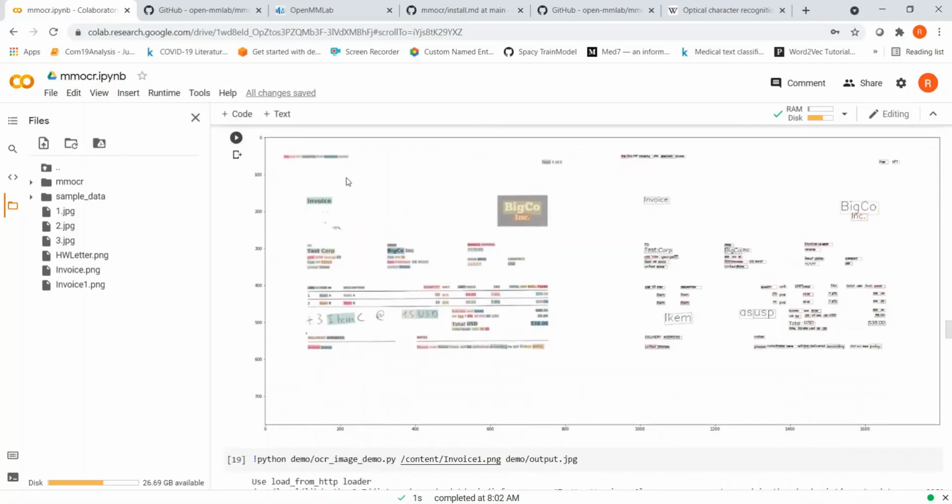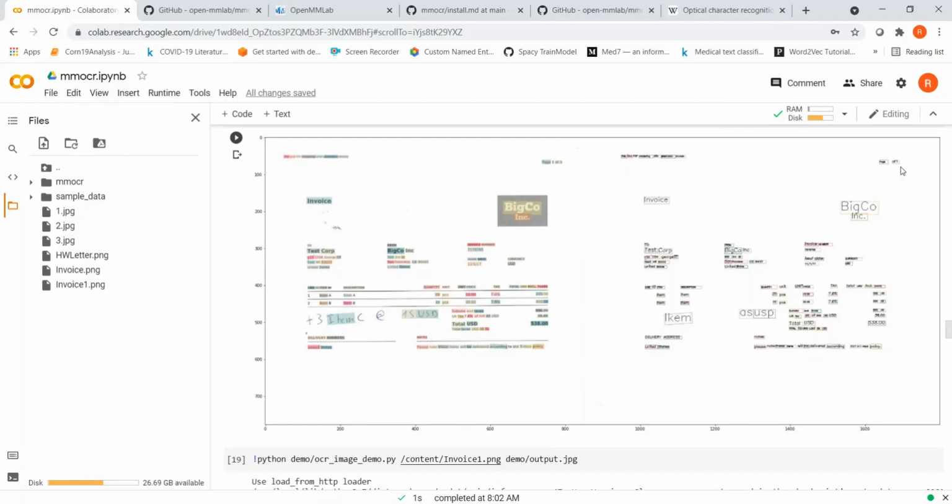This was the original invoice image, on which optical character recognition was done, and the text was identified and bounding boxes are drawn around the text, and this is the identified text. For example, this invoice text is correctly identified as invoice.